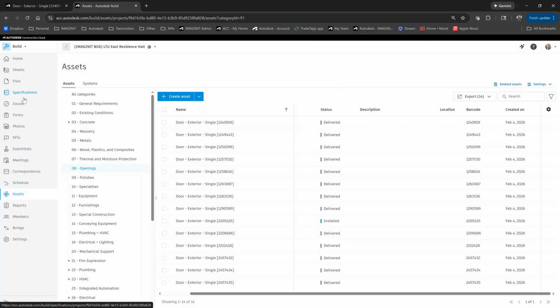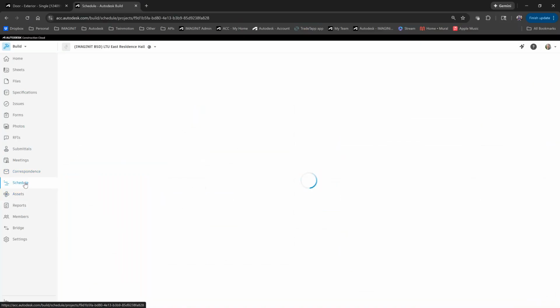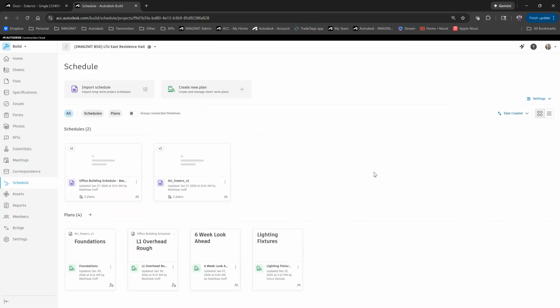All right, so then jumping into schedule. In this project that Matthew and I set up for the presentation, we've got a couple of different versions of schedules, and then we have some different work plans created. I always like to start in the schedule and then go to work plan, but I also like to point out that